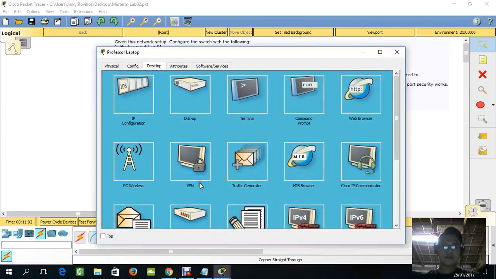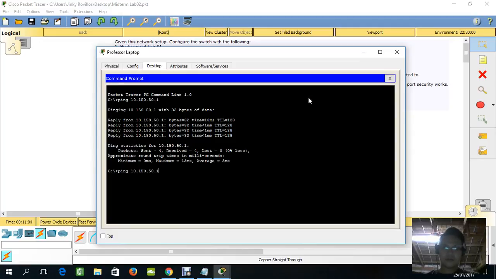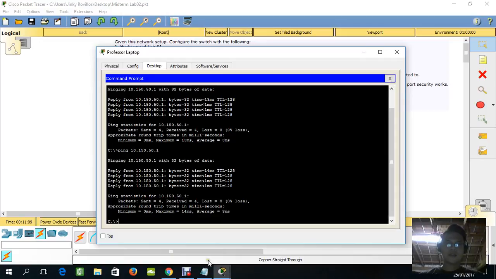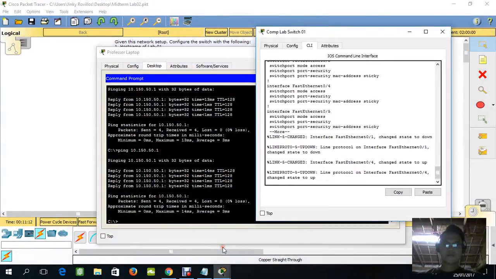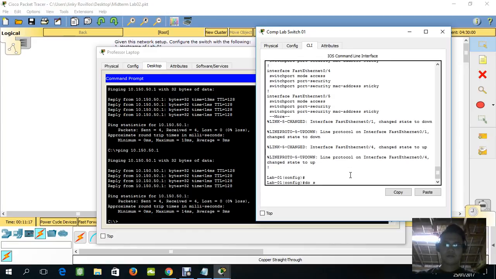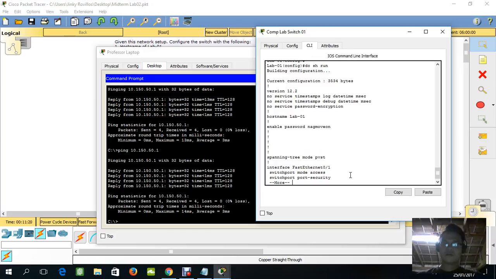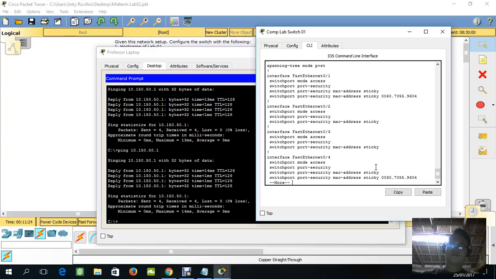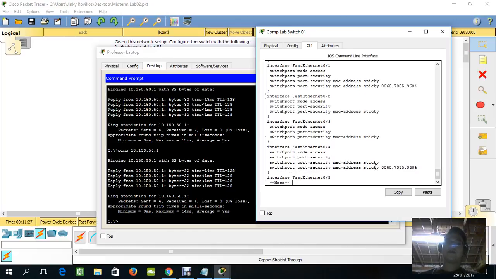After that, I'm just going to ping it. And then to check, as you can see, the FastEthernet 0/4 MAC address sticky appears here.